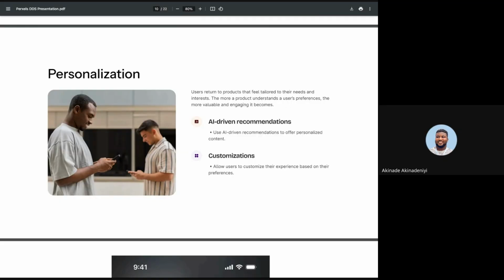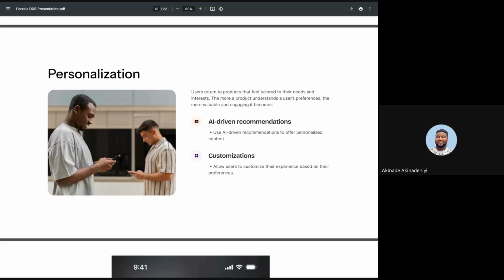Once in a while, they could introduce you to some outliers, but they wouldn't want to just throw you off. They will still want to show you what they know you like. So if there's a new blockbuster and they feel like, oh, this one is new in your country, they can show you that blockbuster, but on your page, you will still see more of what you like. If you watch romantic comedies, Netflix will suggest similar content. That's the level of personalization that makes users feel like Netflix knows them. And it works, because a lot of people keep going back to watch some of those movies.